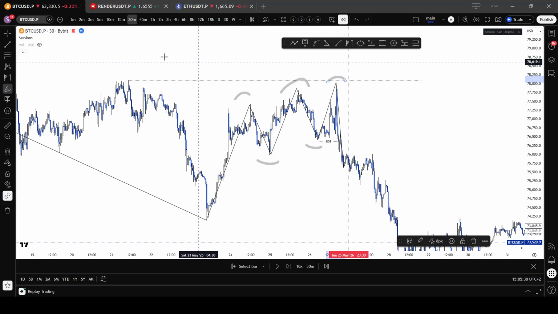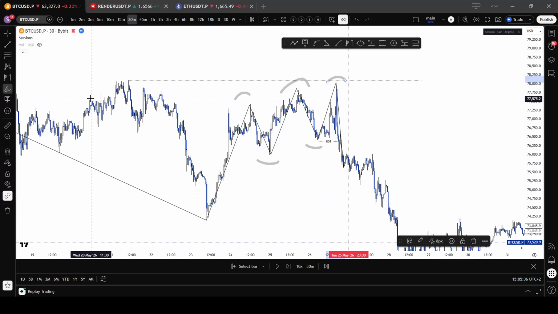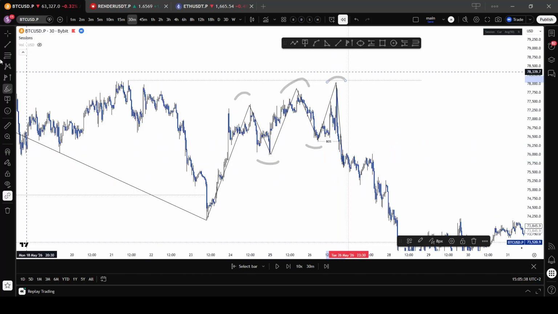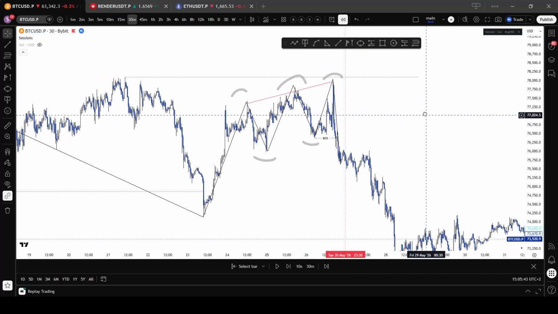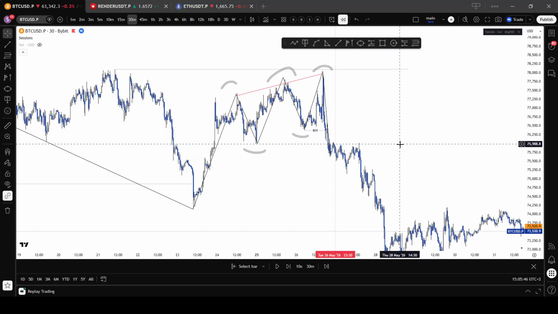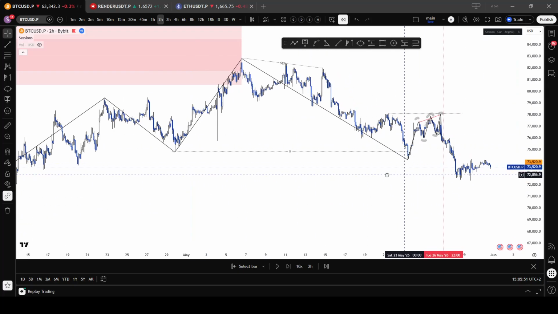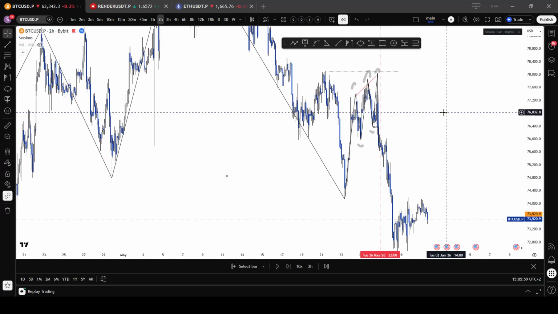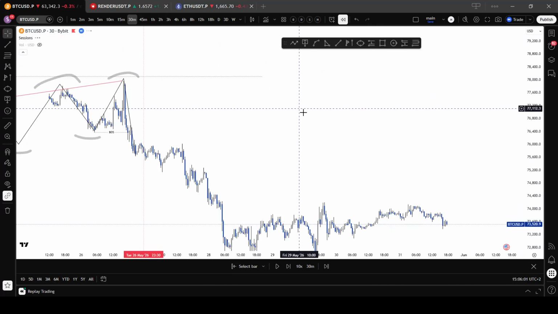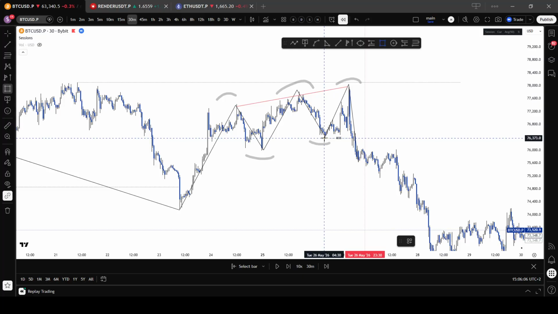I think a lot of people are waiting for this, so market makers probably front run this, but we don't have to guess that. After getting some sort of Wyckoff Model 1 distribution, we ended up breaking this market structure. And what do we know? This is our higher time frame structure, and once we break this low time frame structure, we're expecting price to rotate lower. And this was basically where I took my Render short because I was simply expecting Bitcoin to go lower. There was nothing stopping price